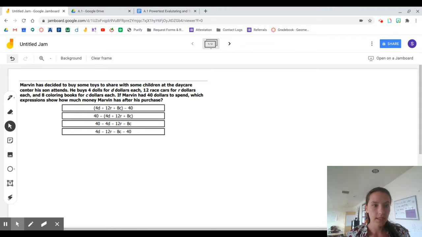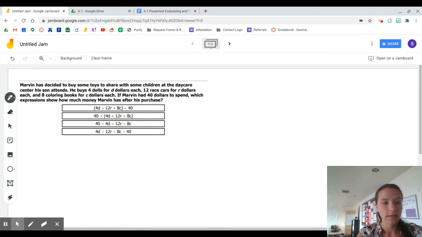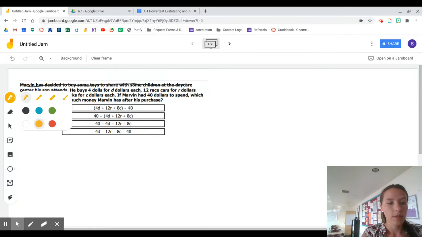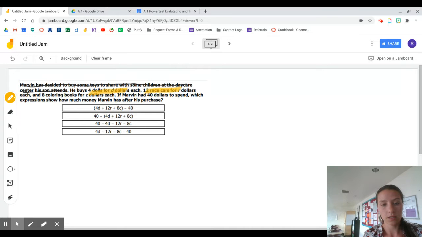So the first thing I'm going to do is X out this first sentence, because that's not really important for the math that we're doing. Then I'm going to look at each piece that might be important. He buys 4 dolls for D dollars. Use a highlighter. He buys 4 dolls for D dollars, 12 race cars for R dollars each, 8 coloring books